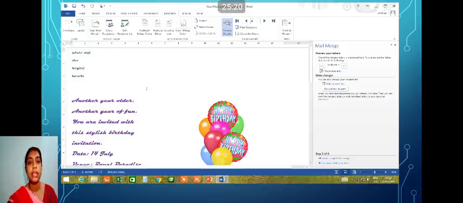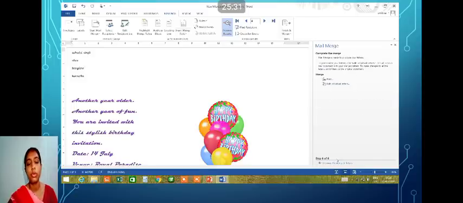I think this part is clear. Here you can edit the individual letter if you want to make any particular change in any individual letter. Now here in the last step you can print or edit any individual letter. Yes, this was the last step. If you want to print it as a hard copy, you can do that also with the help of this last step. Now click on close.